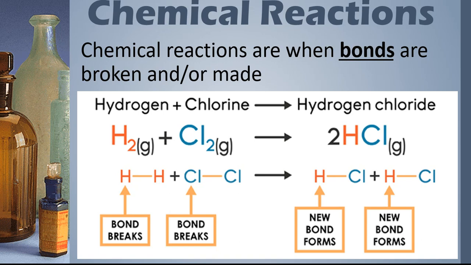Okay, so let's look at our reaction here. We have hydrogen. Notice it's H2. Remember, it's one of those homonuclear diatomics that likes to travel around together. All right, and notice we have Cl2 also traveling together right here. This line represents a bond, and that bond represents the sharing of electrons. So we have sharing of electrons between the hydrogens, sharing of the electrons between the chlorines, and when